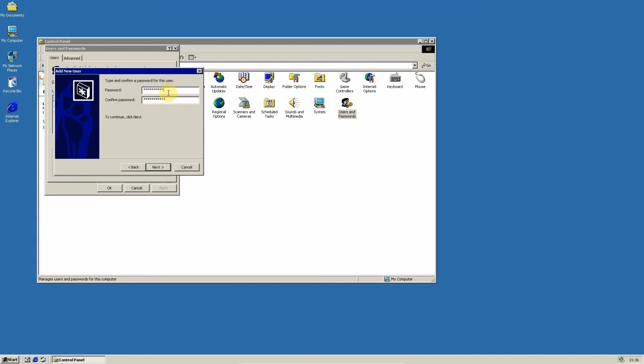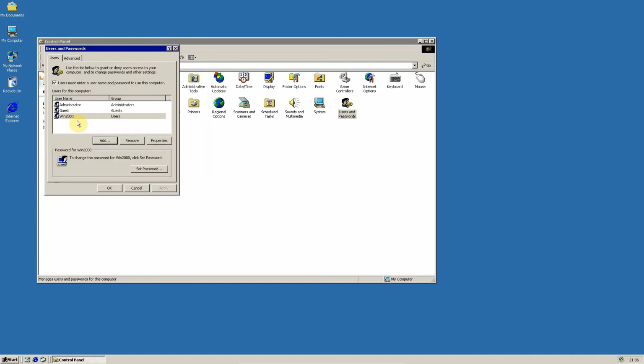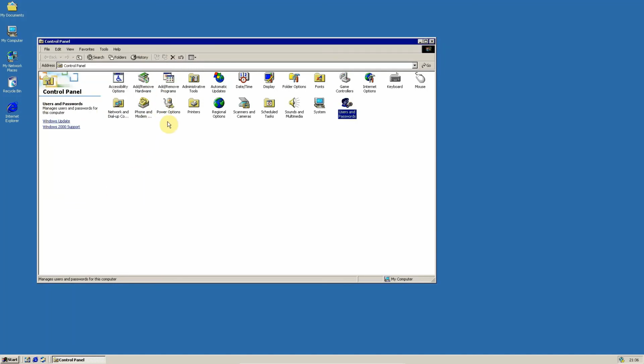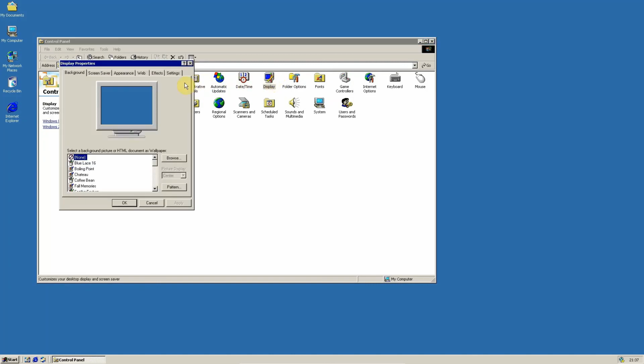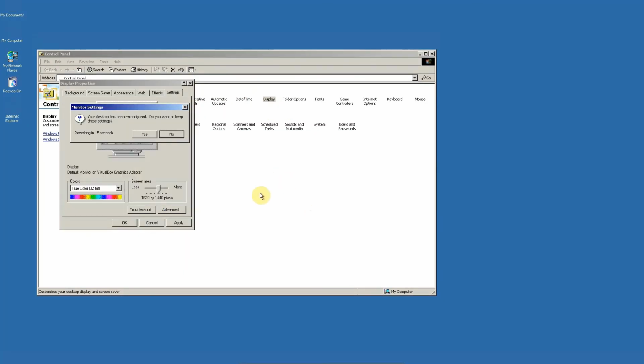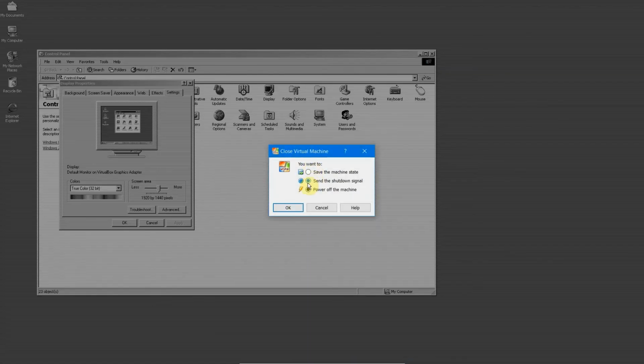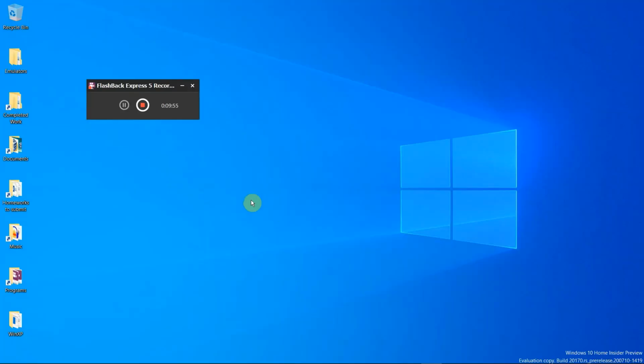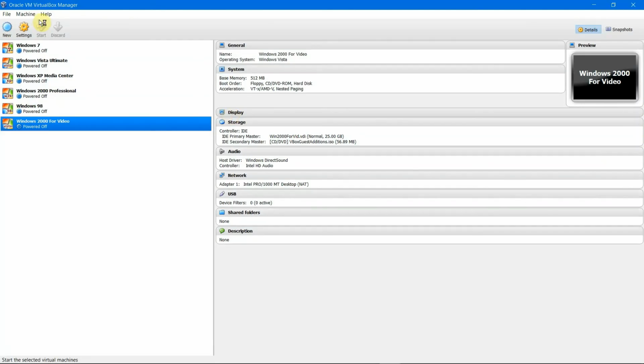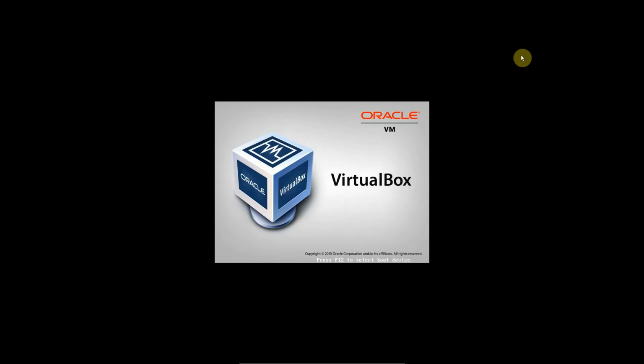So I can't really recommend this if you're going to use something, because this is actually really good. To change the thing, all you have to do is go to display settings, and then you change it to true color 32-bit. So it kind of glitches. Oh, the start menu is all the way down here. You can't even see it, but what you do then is press X, send the shutdown signal, and then it will shut down, and then you reopen VirtualBox, Windows 2000, and then